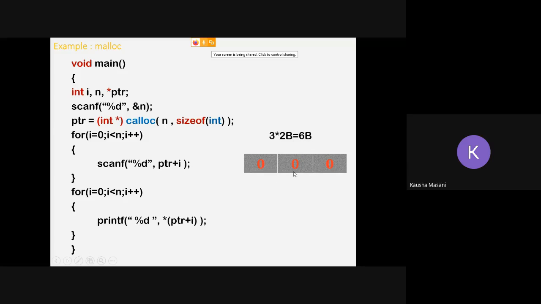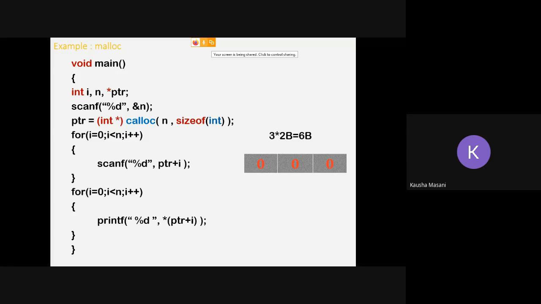But that 6 bytes is not fixed in one memory block only. It is going to assign multiple memory blocks, and all those memory blocks will be initialized to 0 initially, before placing any values. So that is the difference.